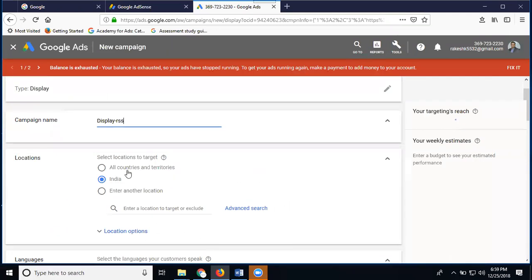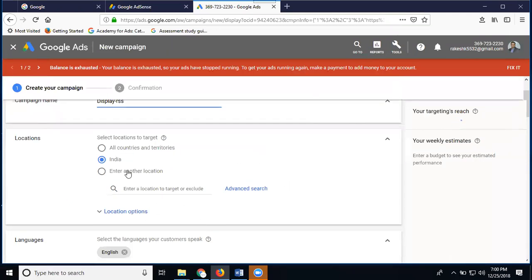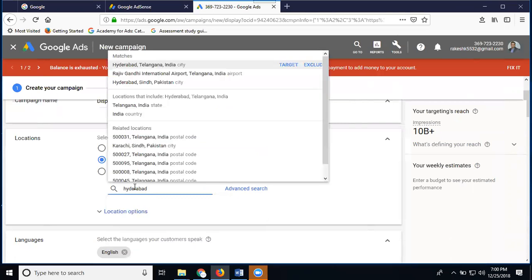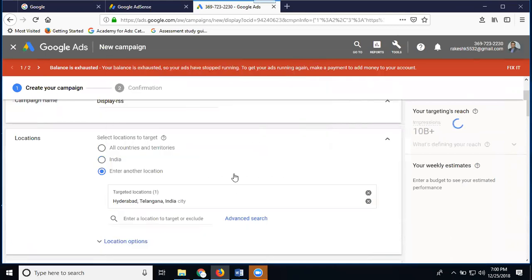With the target, I'm targeting only India, but my target is only Hyderabad. See this one. Previous and now are different. Previously they showed the target people, but the new update doesn't show any target people here. They show the target on the right side option. This is called estimated reach. This is only an estimate of the reach. It's called Hyderabad, Telangana, India.